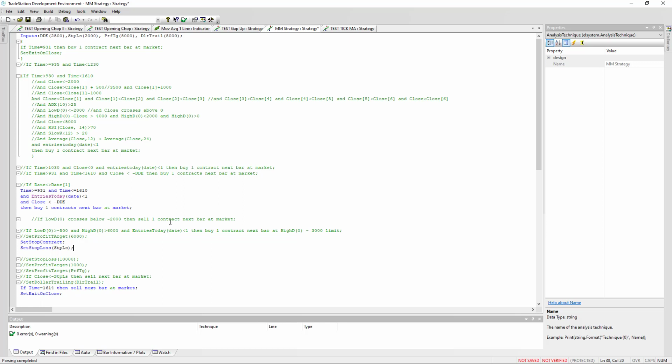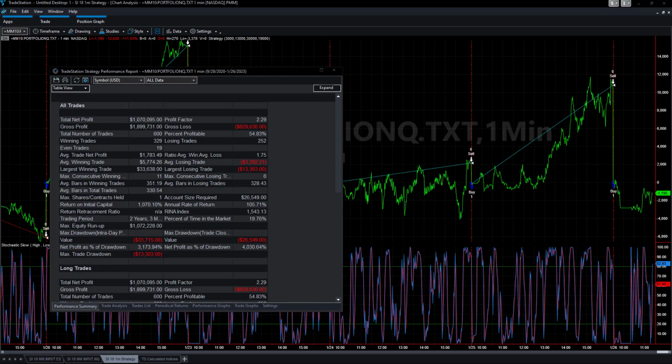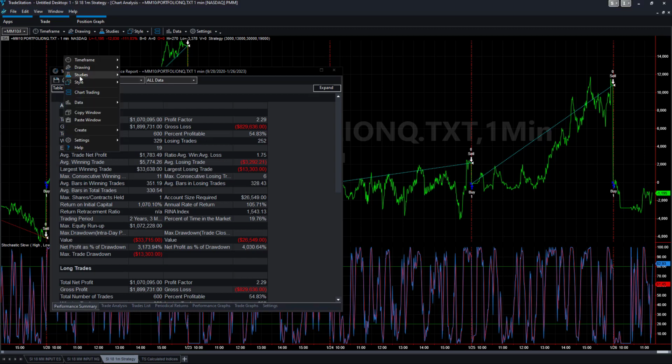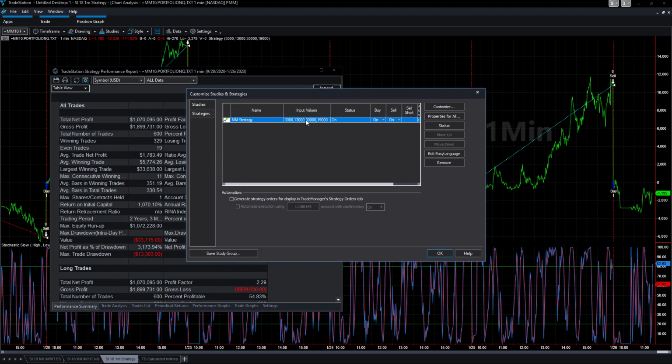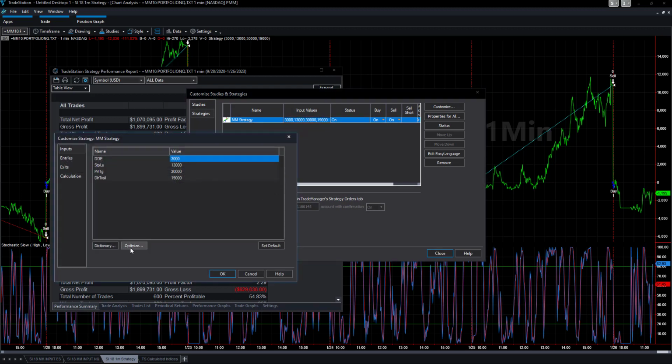Let's keep our stop loss of 13,000 in there, because anything beyond 2,000 would not have a stop loss, because the worst case losing day is 15,000, and if we wait for a $2,000 loss, a $13,000 stop loss would not get hit. So we can go with 13,000 for now and use the DDE studies, edit strategies, and we're going to come in here and say, let's just optimize this